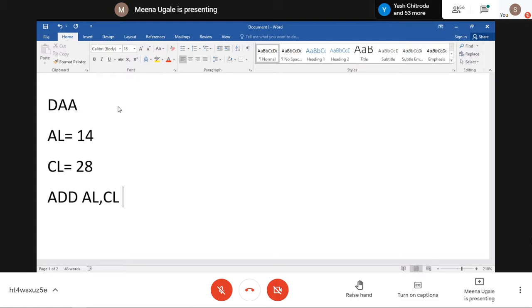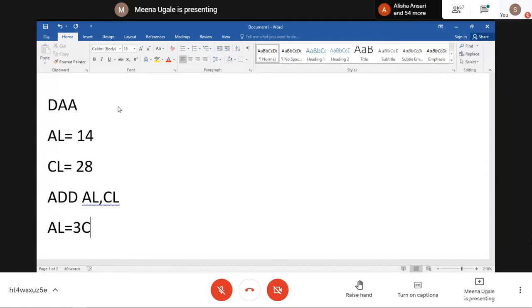What will happen? 14 plus 28 will get added and its equivalent hexadecimal value you can see here in the answer. So after this addition, you are going to get the final answer inside AL as 3C in this case. Why 3C?